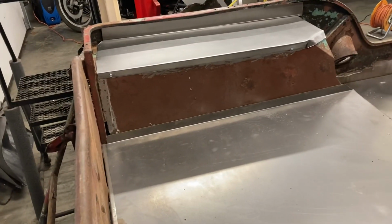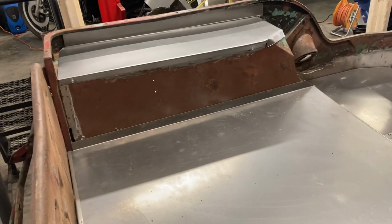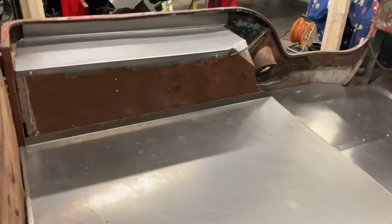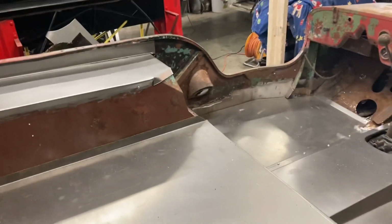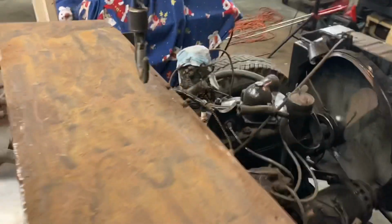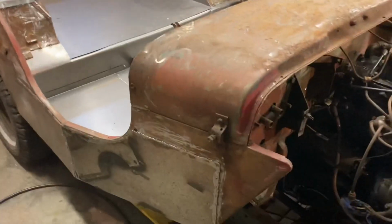I have some other pieces I still have to make up. I'm going to take one weekend and go through and do all the welding, just get that part behind us. But that will be closer to spring, when I can open up all the doors and let it get well ventilated. So next week, I'm going to pull the body back off the chassis,